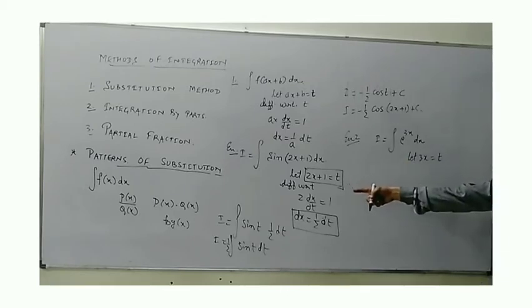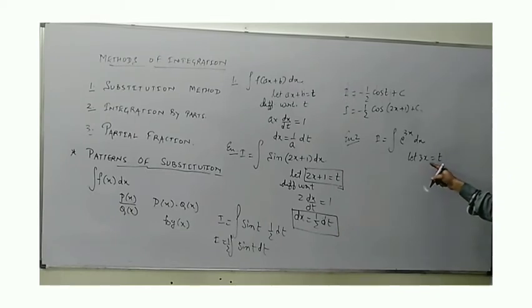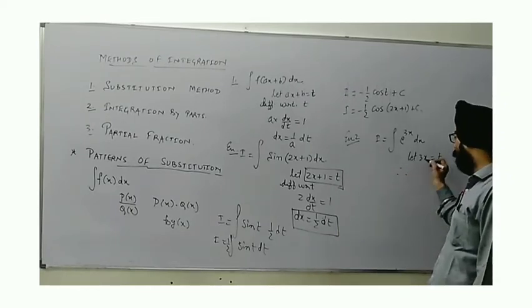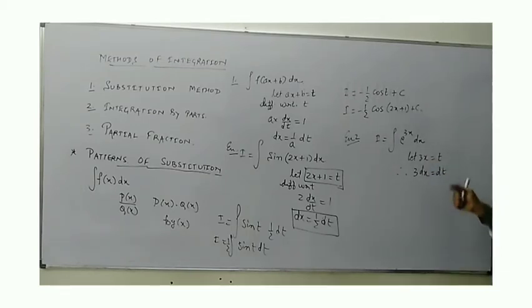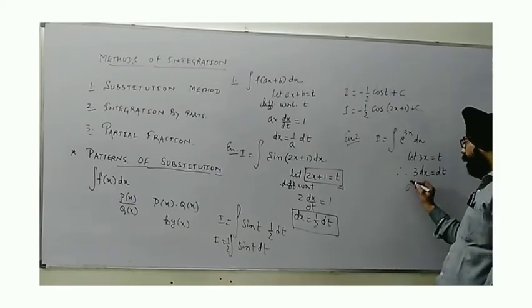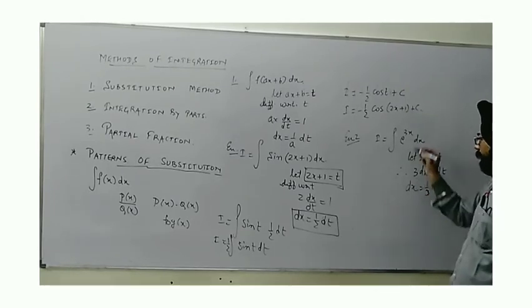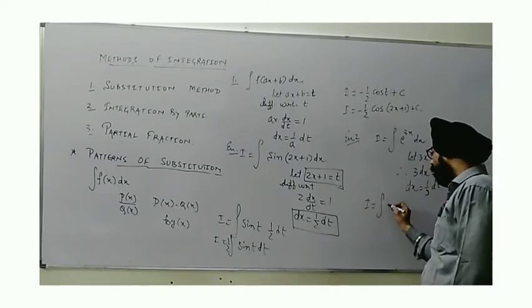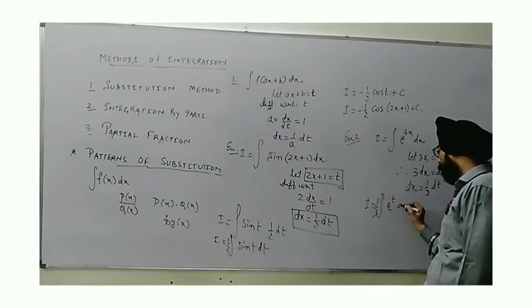Now what I was saying previously, we are doing the differentiation step by step. Here we can do the direct differentiation. We can say therefore 3 dx equals dt. Whether you are doing the differentiation or completing this directly, both are the same, because our purpose is fulfilled here. We are getting the value of dx as 1/3 of dt. So the integral becomes e raised to the power t, and here as 1/3 is a constant we have obtained, so 1/3 dt.